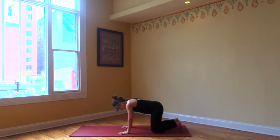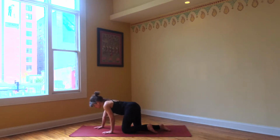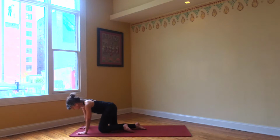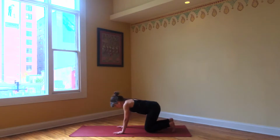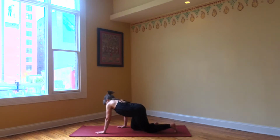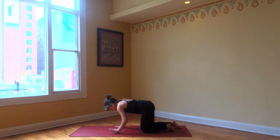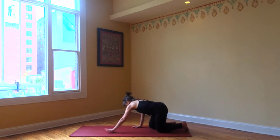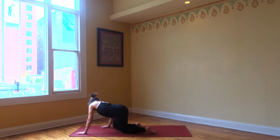Instead of lifting the knees up, we'll kind of scoot the knees forward. And what you'll notice is that there's this side to side shifting that has to happen to coordinate that. So when we had the knees lifted, it was more linear, a little more forward movement, not so much the hips swaying side to side and the shoulders coming to meet them. But when we're learning to crawl as babies, there's a lot of that. So we're just going to do that a few times, kind of exaggerating that tilt side to side, so you can really experience that